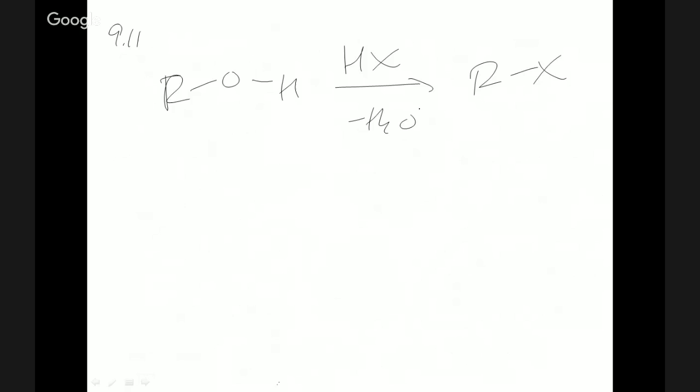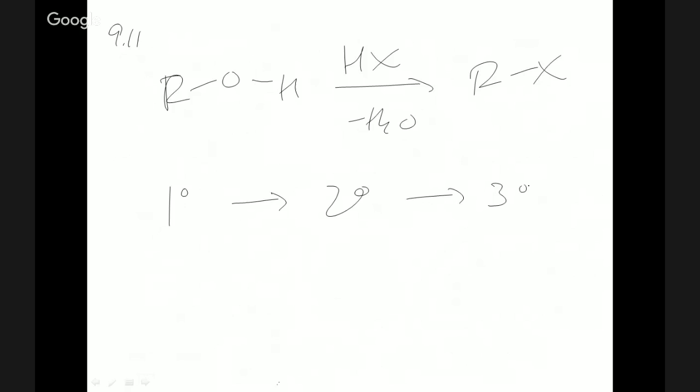We're going to see increasing rate of reaction from primary to secondary to tertiary. Okay, this is going to be driven by carbocations if possible. We're gonna have weak nucleophiles, the X minus. So for secondaries and tertiaries, we're going to say carbocation, and primaries are going to be slow because they're going to have to be SN2, but we're going to have a weak nucleophile. Okay, so let's look at